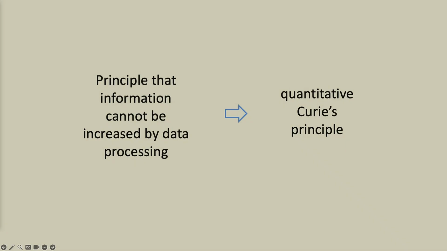Like when you learn it in information theory, if I have some set of distributions that have a certain amount of distinguishability, and then I feed them into a channel, I don't expect what comes out the other side to be more distinguishable. If I lose the information by adding noise, it's gone. There's nothing to be done, right? Processing can only increase the amount of overlap that these distributions have. It can't decrease it. So the intuition that by processing something, adding noise, or just permuting it, you're never going to increase the distinguishability of a set of distributions, that's what ultimately fuels the quantitative Curie's principle. So you should believe this. Why? Because this is very obvious and clearly correct.